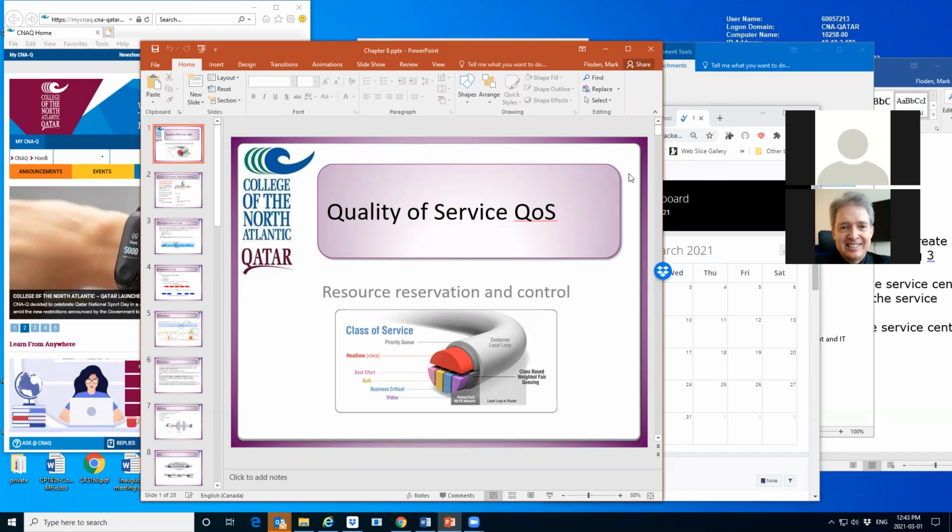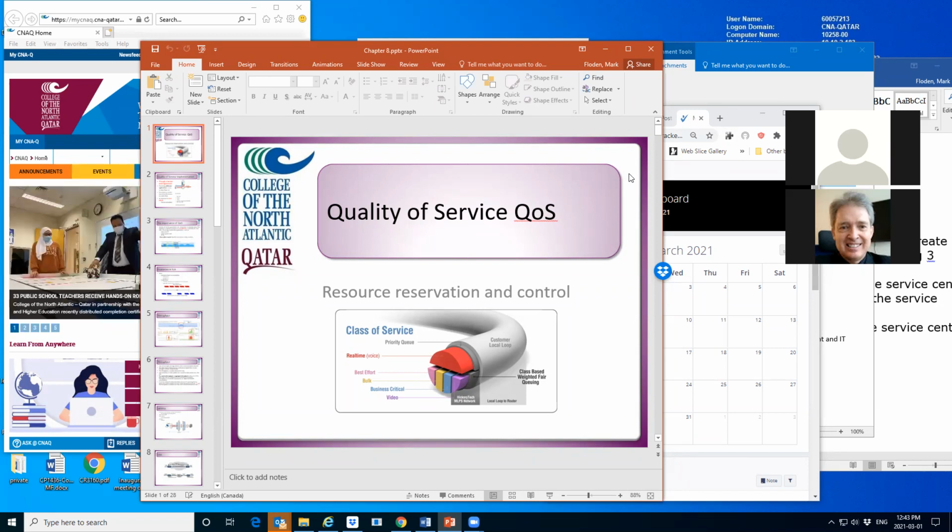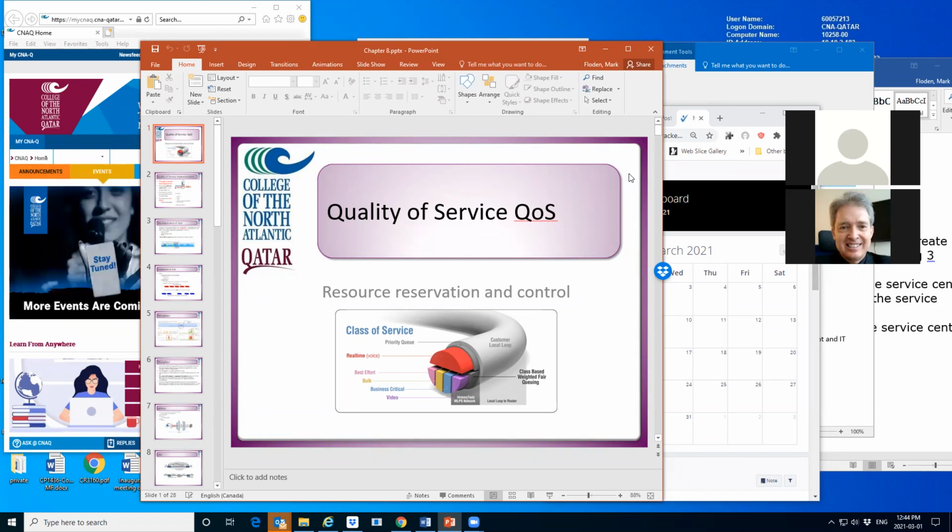And so those things, how we make sure of them, how we agree upon them, is through the service level agreement. In the service level agreement, we will specify a certain level of throughput for different applications, for different prioritized parts of the organization or activities of the organization.